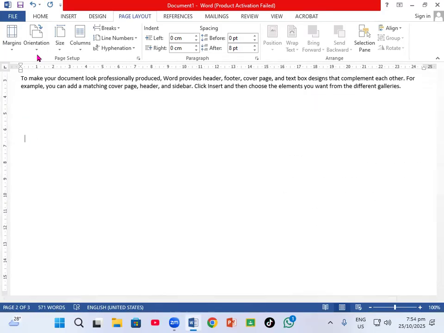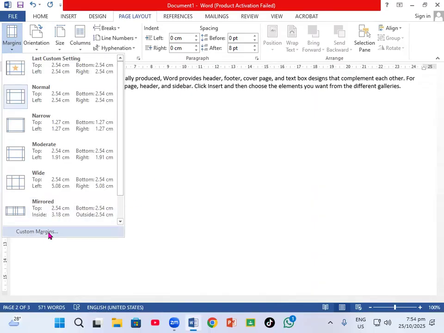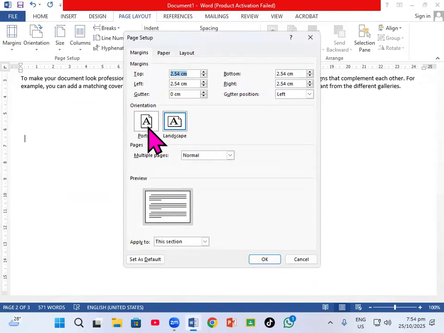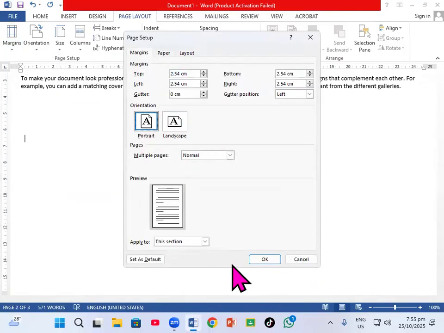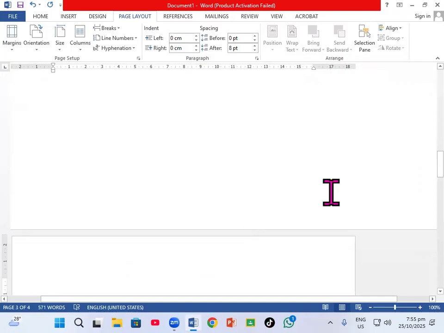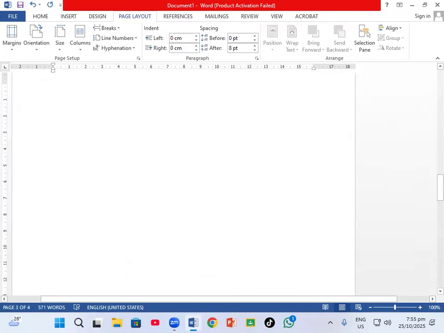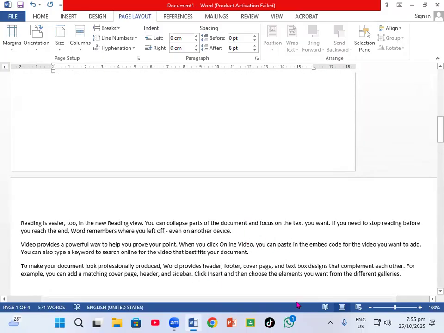So if I come right here and I go to the Margins right here, I come on to Custom Margins. If I come right here and click back here, some portrait. And then I come right here and click right here, this point forward. And then I click OK. You notice? Right underneath it, just the same. Yes, very important. So this is how you add a landscape document